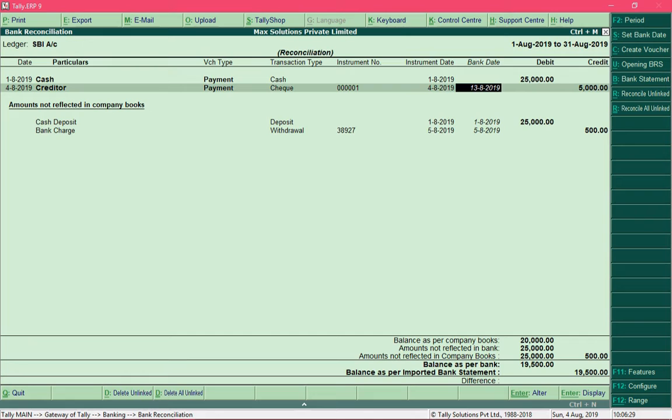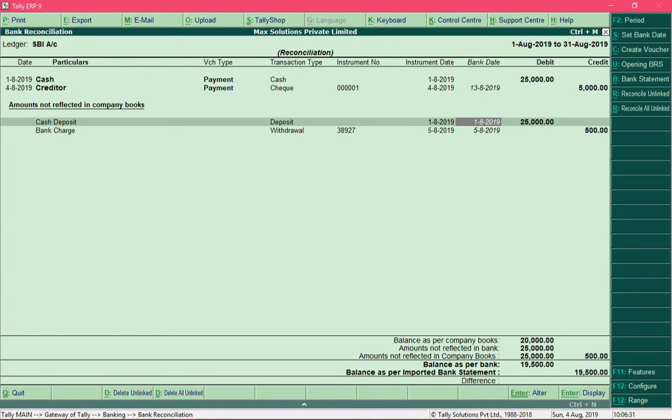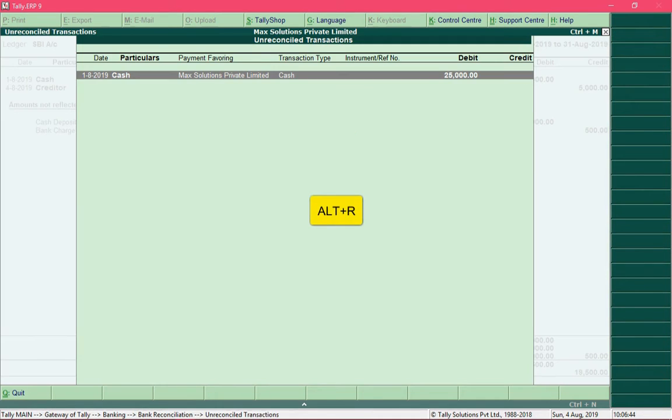Now to reconcile an entry, navigate to the entry over here under the heading Amounts not reflected in company books and click on the button Reconcile Unlinked, or press Alt R, and Tally would display all the entries with the amount rupees 25,000.